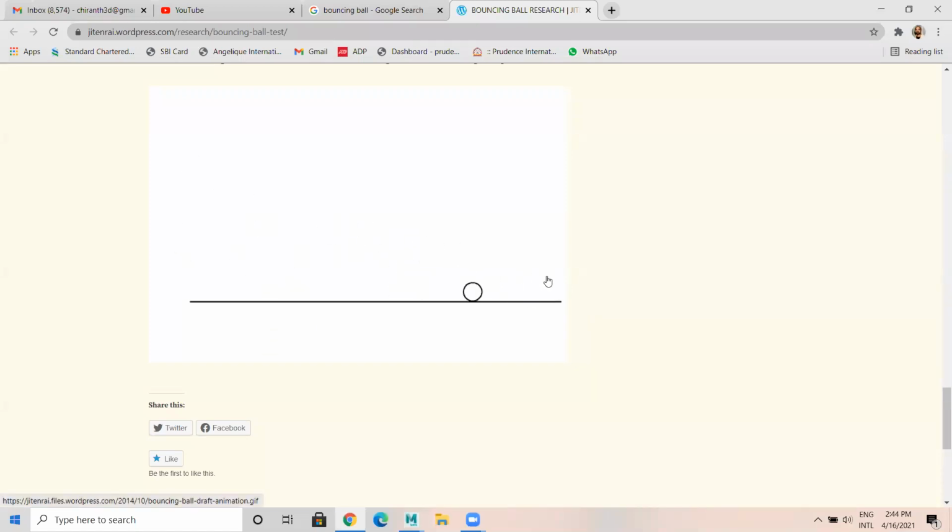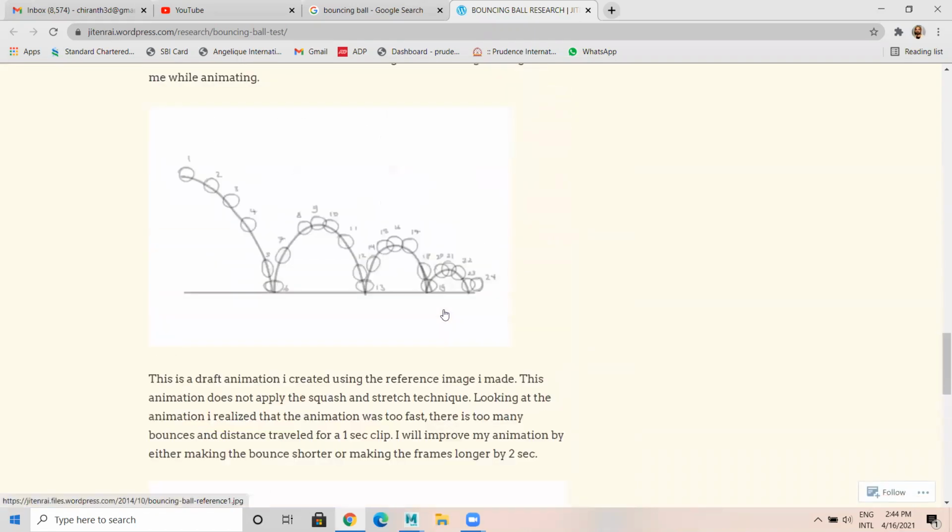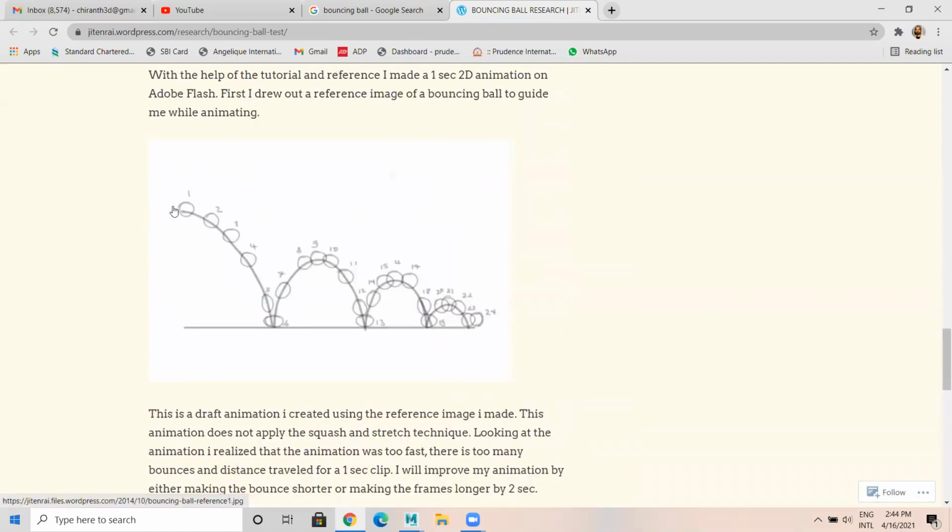It jumps, it goes like this, right? This is a drawing. Now let's see here. The ball should fall like this and jump again. And while it travels a distance, the ball's starting point is here and the ending point is here. It does travel in the y-axis, and it also travels in the x-axis.